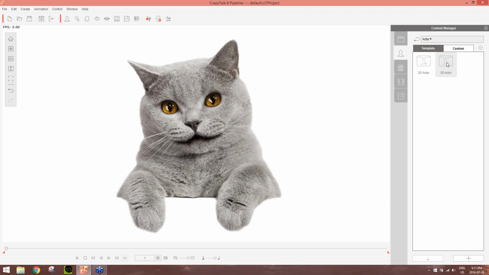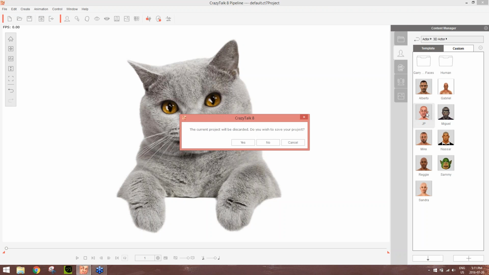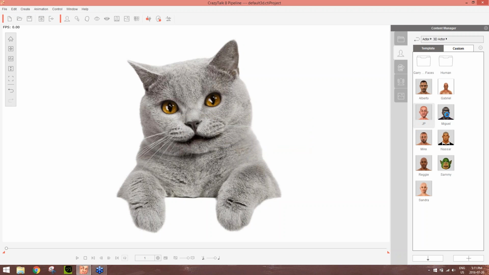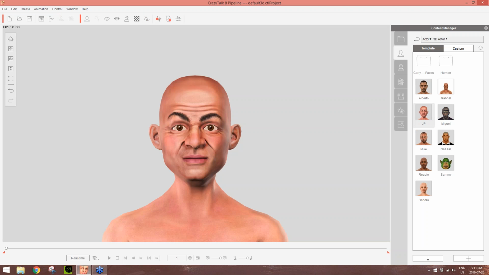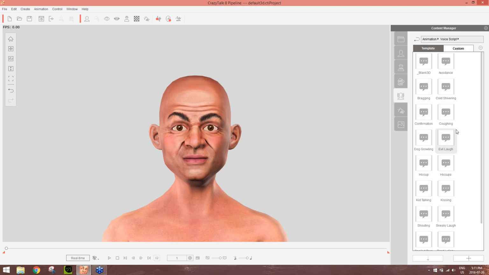And on top of that, if we go back to actor, there's 3D actors. So these 3D actors are new with CrazyTalk 8, like I mentioned. We have our mascot, JP. We can just double-click him and add him into our scene here. And we can do the same animation to him. Or let's give him a different animation. Let's give him,